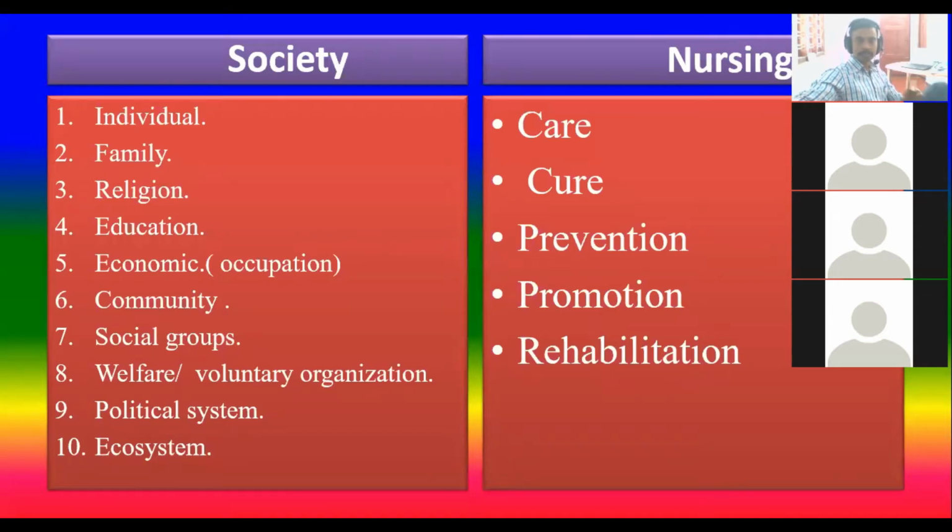Before we start, every nurse should conceptualize that nursing is only for society. If any change happens in society, nursing will change. Care changes, treatment changes, prevention strategies change, promotional plans change. For example, family. A joint family needs different care than a nuclear family. Then food habits in the family.